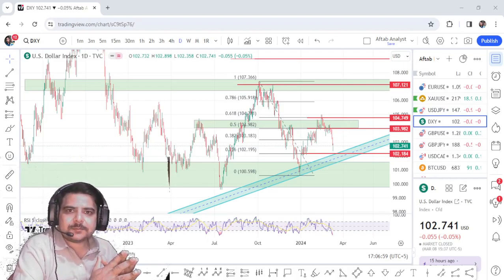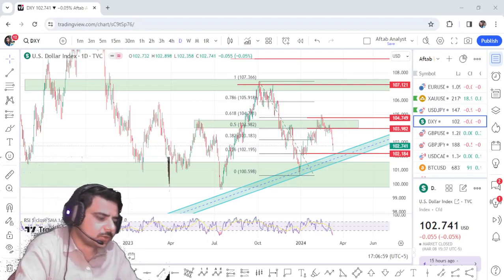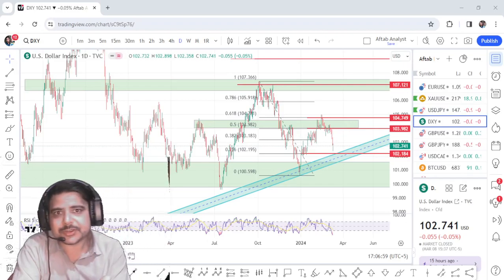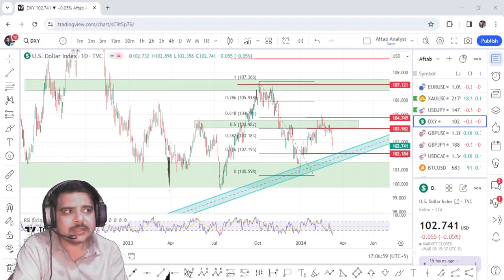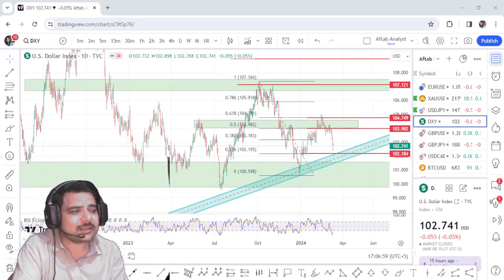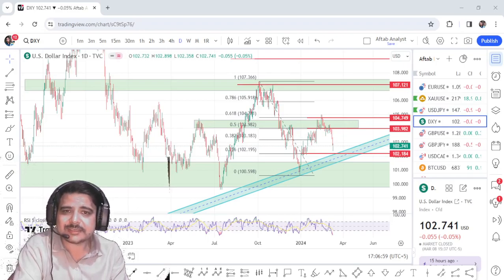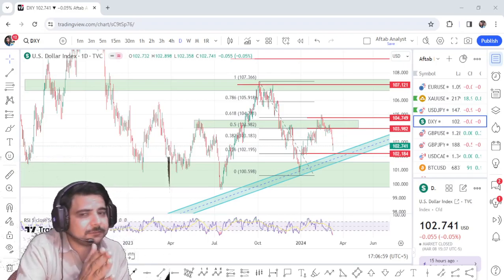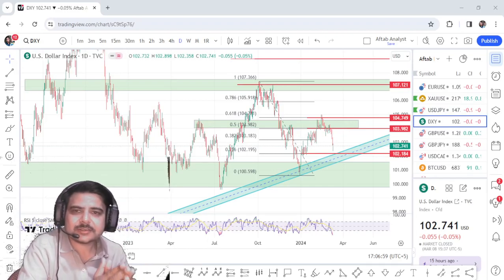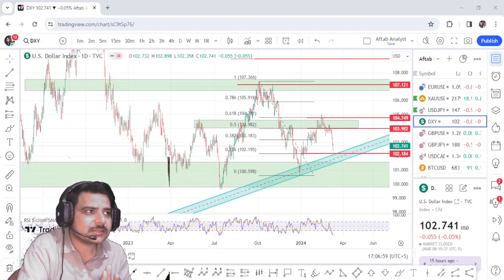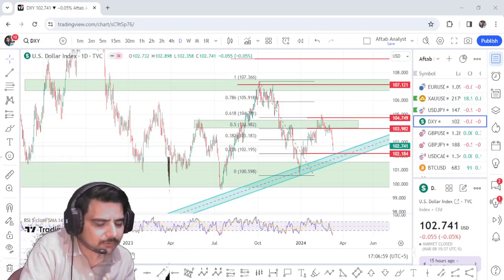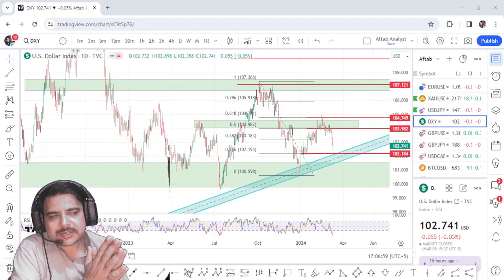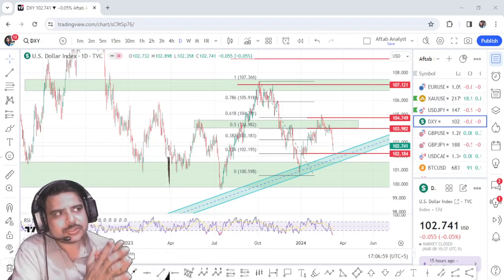Now these setups I give for long-term traders, for weekly traders, but those traders who want to day trade and swing trade during the week, following these particular directions and impulsive waves according to the Fibonacci strategy and Elliott wave theory, if any day trader or intraday trader or swing trader follows these directions correctly, they can make some nice and fantastic profits. So without wasting further time, let's jump into the chart.